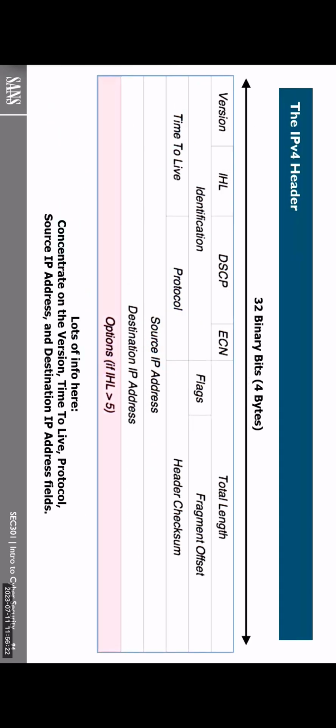The most common version of IP on the internet today is IP version 4. There is IP version 6 as well. And yes, many people are implementing IP version 6 on their internal networks. But we're talking about the internet here, and the majority of the traffic is still IP version 4 traffic. So I'm acknowledging that version 6 exists, but version 4 is the workhorse of the internet